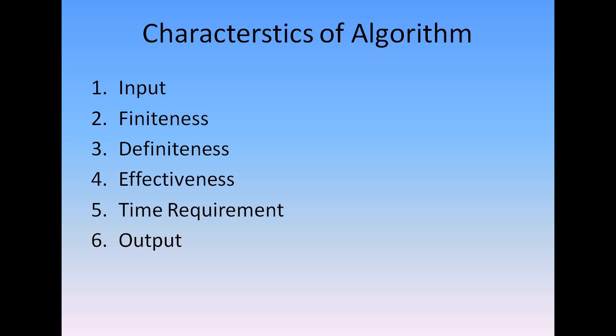Why is binary system so called? Binary system is so called because its base is 2 and it has only two symbols 0 and 1. Next, define algorithm. An algorithm is defined as step-by-step sequence